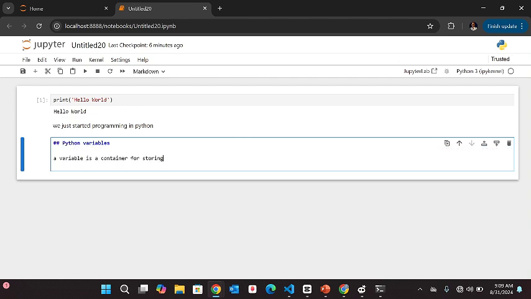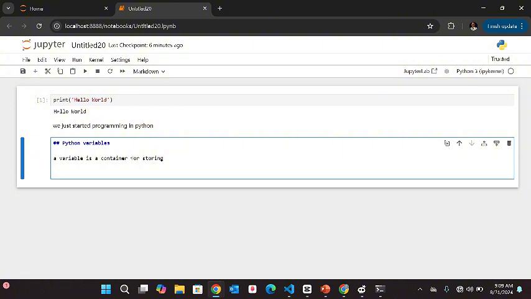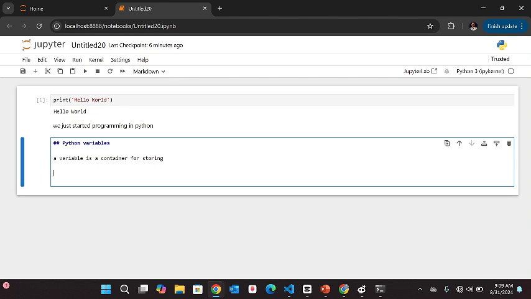Yeah, so according to Geeks for Geeks, a variable is a container for storing data, right? And then there are key components that you need to have to declare a variable, right? So your variable must have a name, an assigner or assignment operator, and then the value to be stored inside, right? So you need a name for your variable,